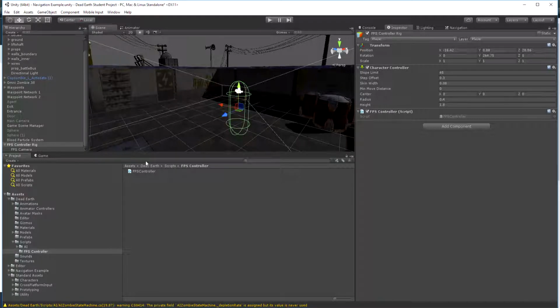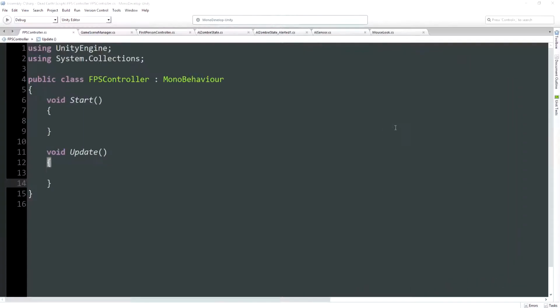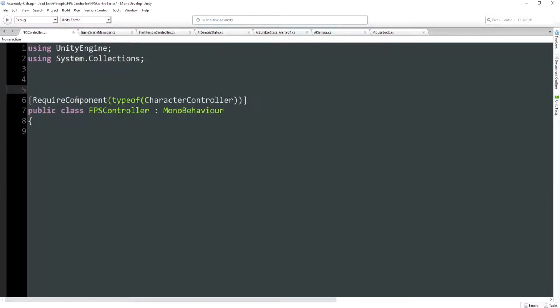So let's now open up that script in MonoDevelop, and let's be about it, folks. As we usually do, just to uncomplicate things to start with, I'm going to delete the boilerplate stuff, the update and the start function. And I'm also going to add the require component attribute above our FPS controller class, so that if we do drag this script onto a game object that doesn't have a character controller on it, the character controller will be